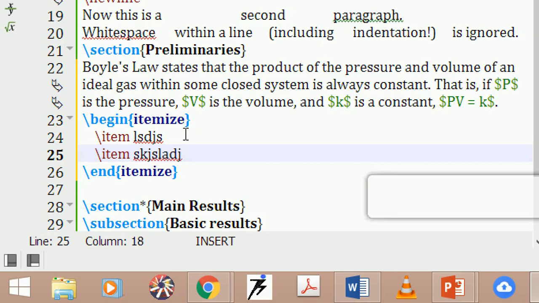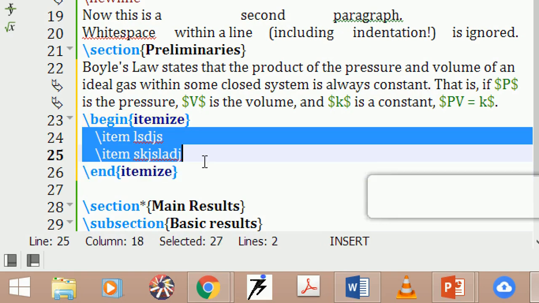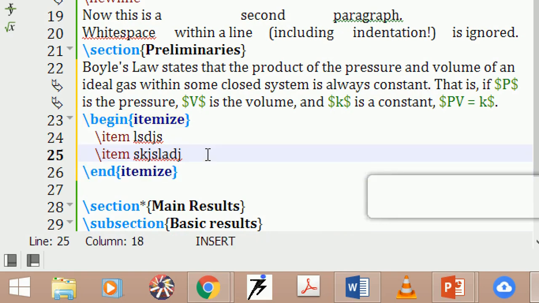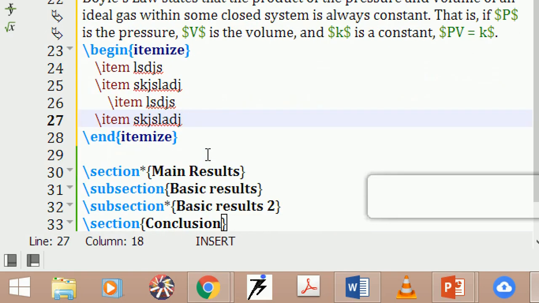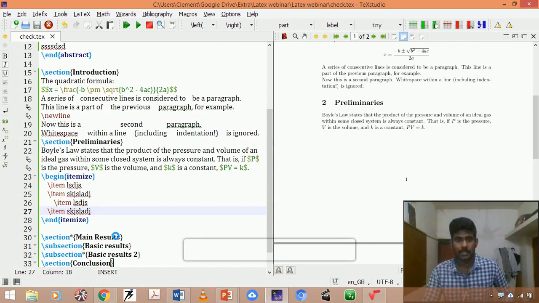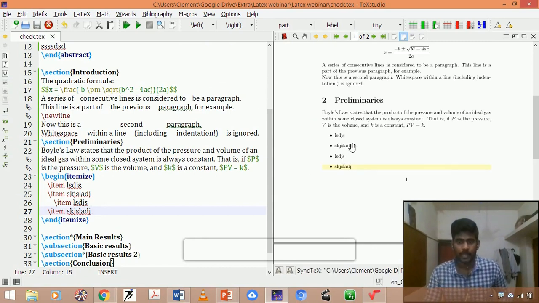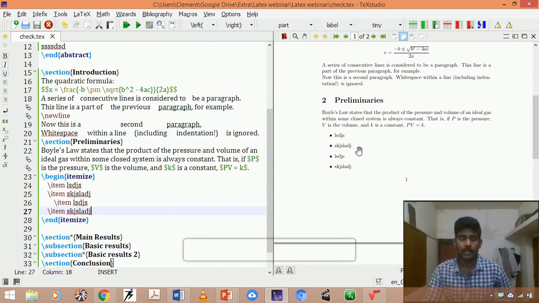I could even copy the same and paste it over for convenience. After pasting it, if I compile it, see, it was automatically arranged in a well formatted, itemized format.